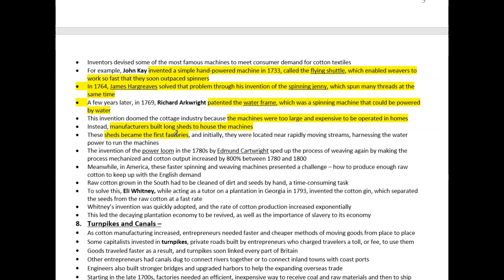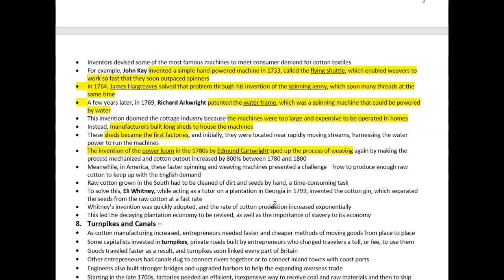The invention of the Power Loom in the 1780s by Edmund Cartwright sped up the process of weaving again by making the process mechanized, and cotton output increased by 800% between 1780 and 1800. All right. Okay, we'll do that. Meanwhile, in America, these faster spinning and weaving machines presented a challenge: how to produce enough